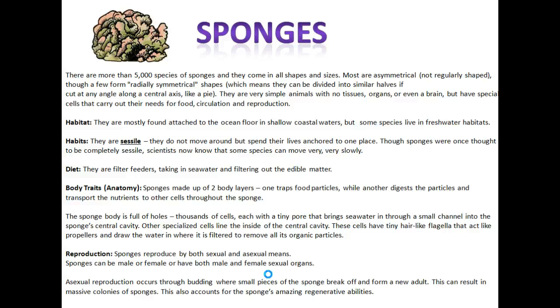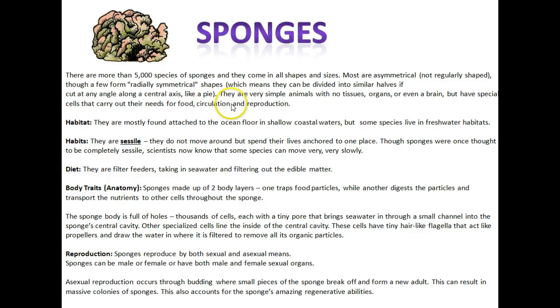Most of them are asymmetrical. That means they don't have a regular shape. Like if you took a circle and cut it in half, you'd have two identical halves. But a sponge is usually asymmetrical. If you cut this sponge right here in half, you would not have two identical halves. It would look very different. Though a few form radially symmetrical shapes, which means you can divide them in half, kind of like a pie,